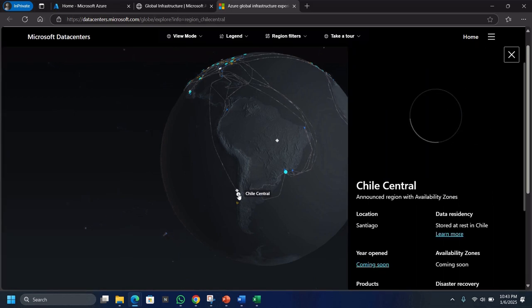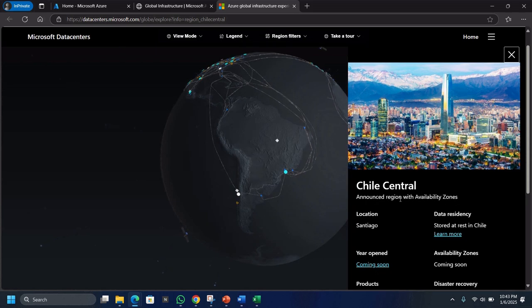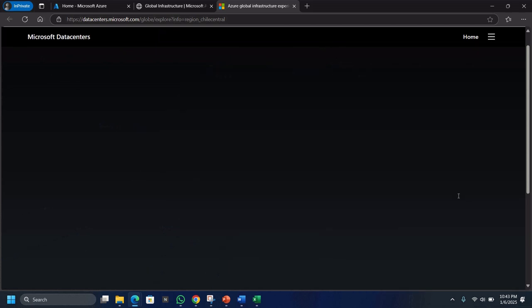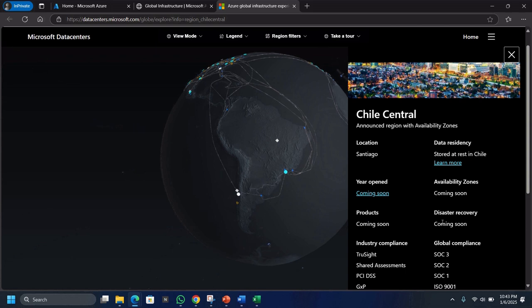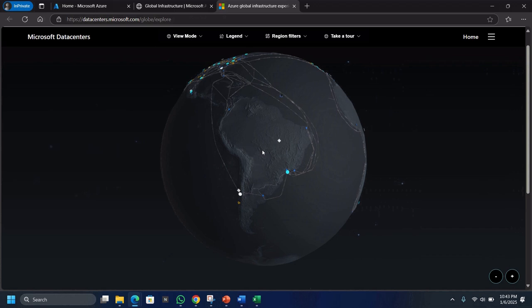It's a region that they are still building. As I click on this one, this is Chile Central, and it said the region is coming soon. It's not even that a product is coming soon, everything is coming soon, so they are still building the region. This region is in Santiago in Chile, and that's where the data center is. But let's look at the only region that is active in South America right now, and that is this one,